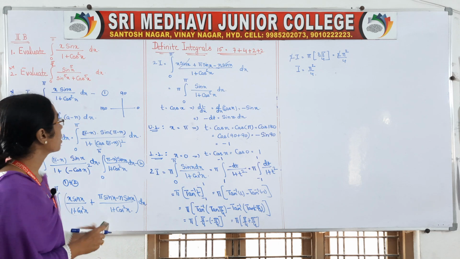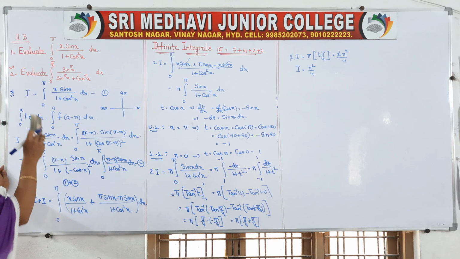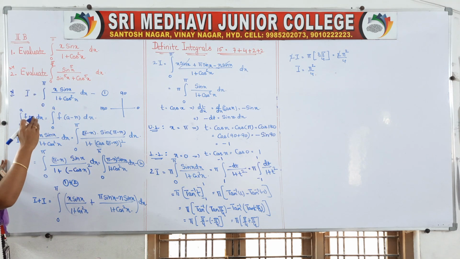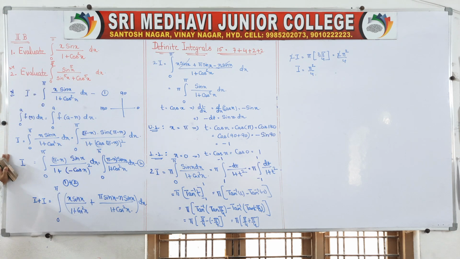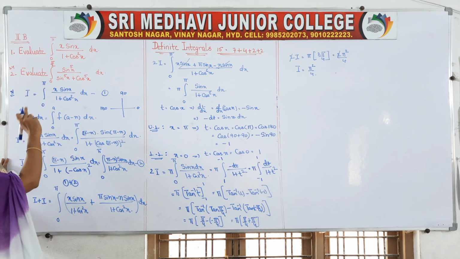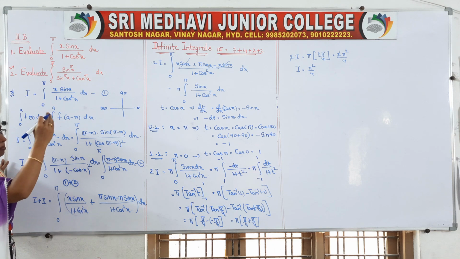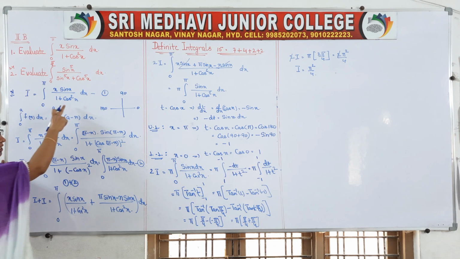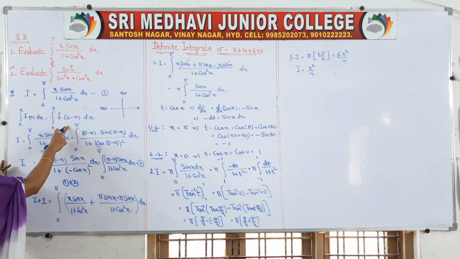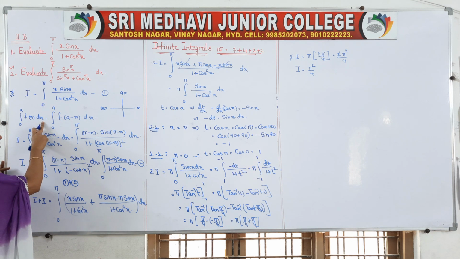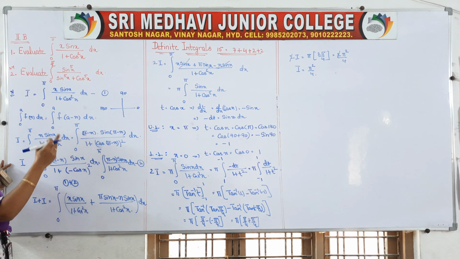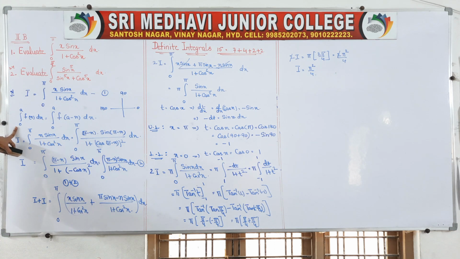Okay, so what is this? It is a 7 marks question, important, most repeated 7 marks question. We have to find the integral from 0 to pi of x sin x by 1 plus cos square x dx. Whenever it is of the form 0 to a, we consider that as the first equation I, and we apply the most repeated formula: the integral from 0 to a of f of x dx is equal to the integral from 0 to a of f of a minus x dx. Okay, we applied that formula.